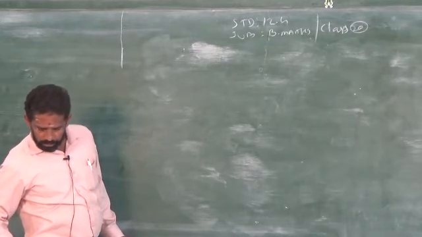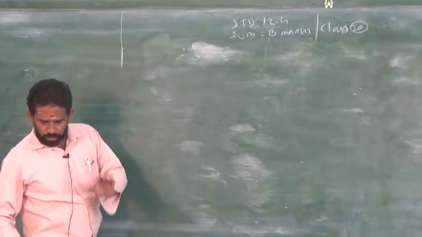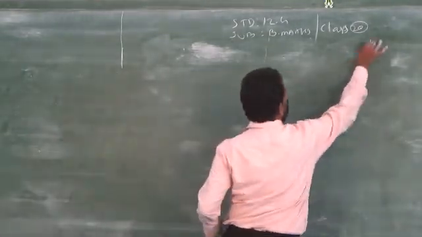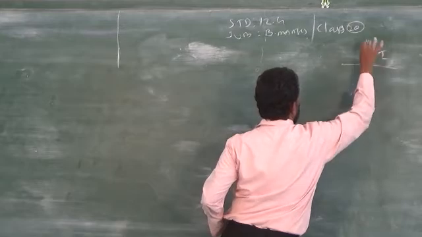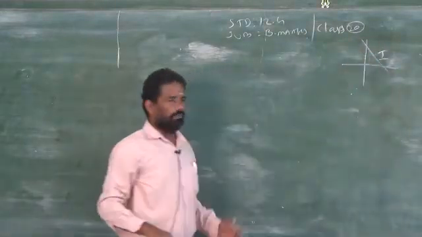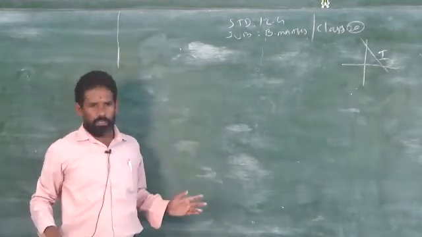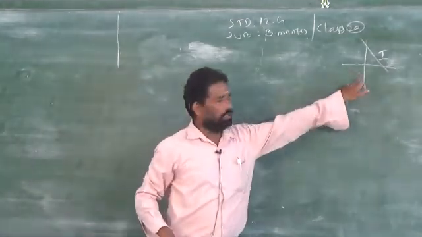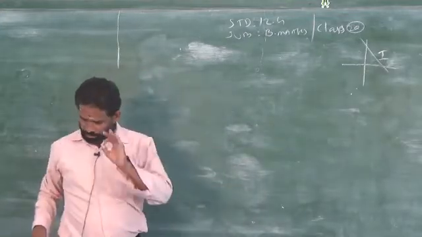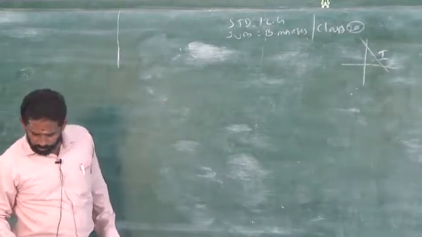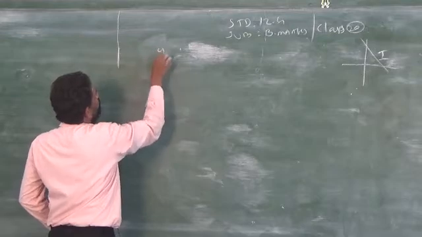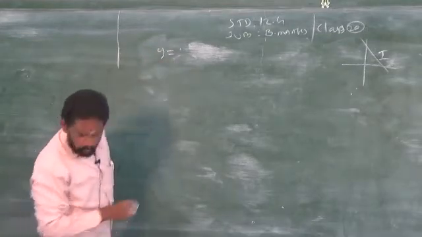Sum number 6: find the area of the region lying in the first quadrant, bounded by the region. So what is the meaning of first quadrant? This is the first quadrant. Therefore, you have to find the area only in the first quadrant. Even if the straight line falls in the fourth quadrant, second quadrant, or third quadrant, we don't want those areas. It is specifically mentioned that it lies in the first quadrant. So what is the question given? It is given y is equal to 4x square.